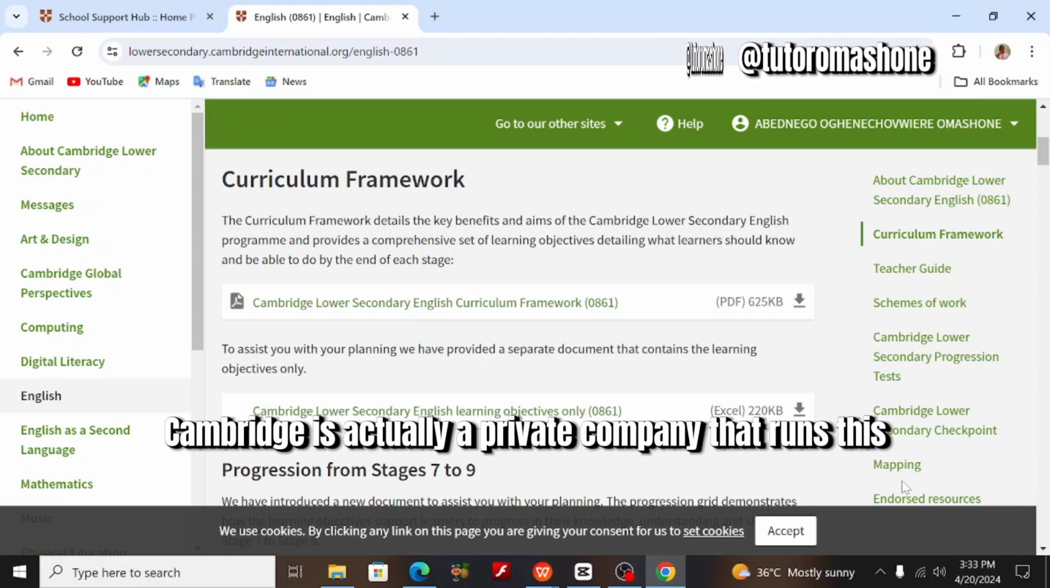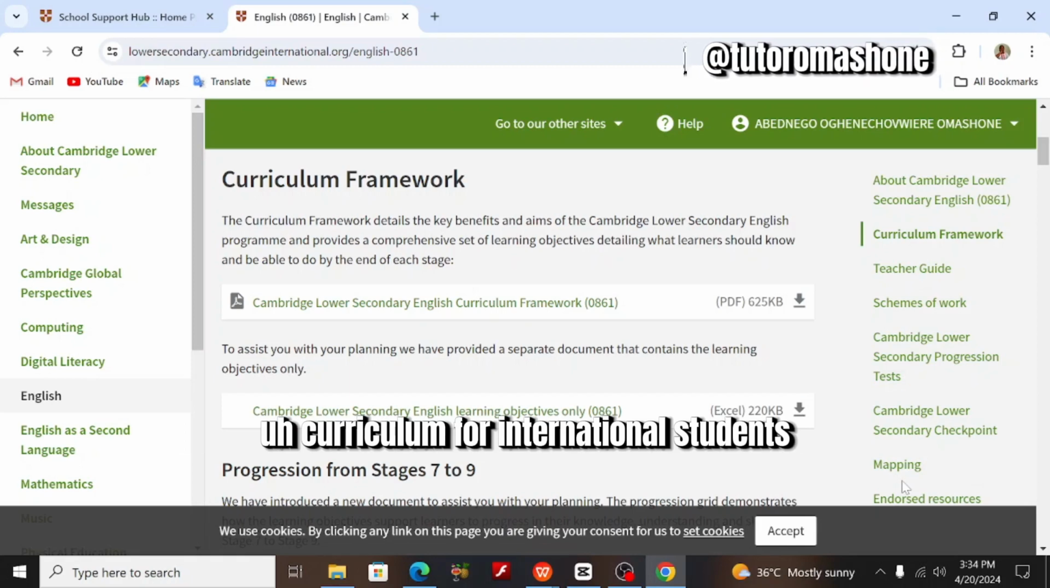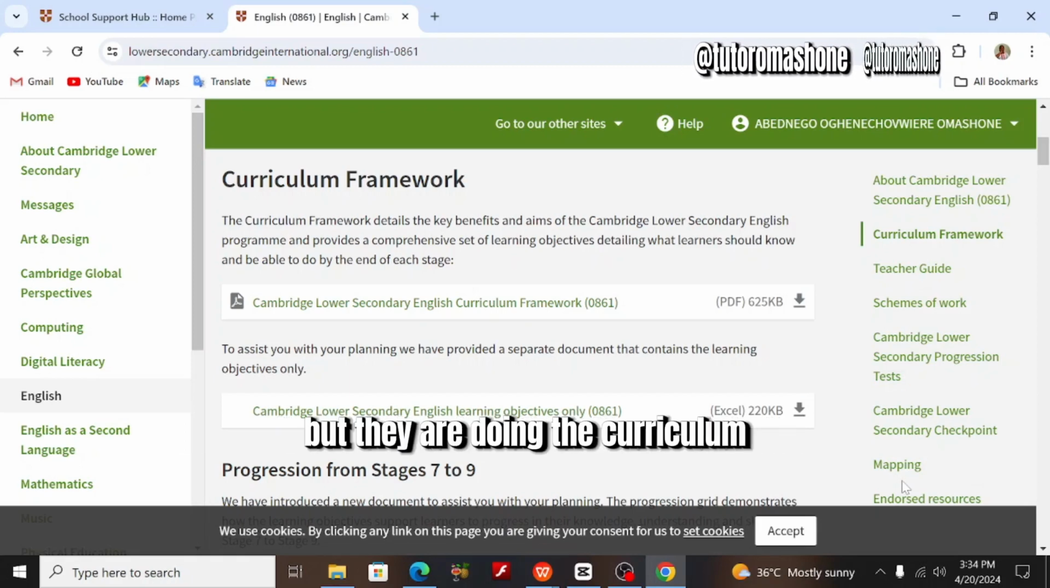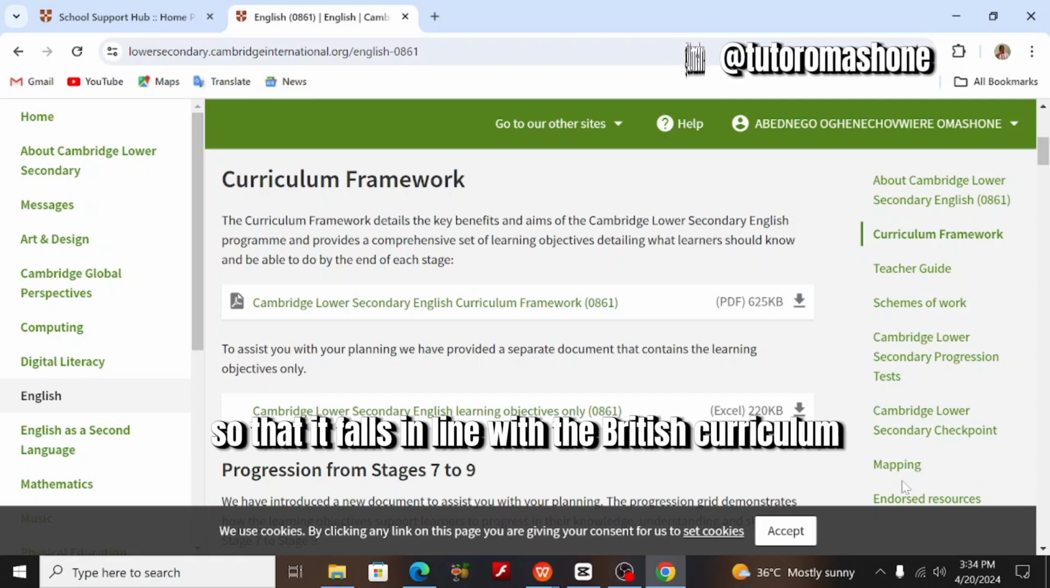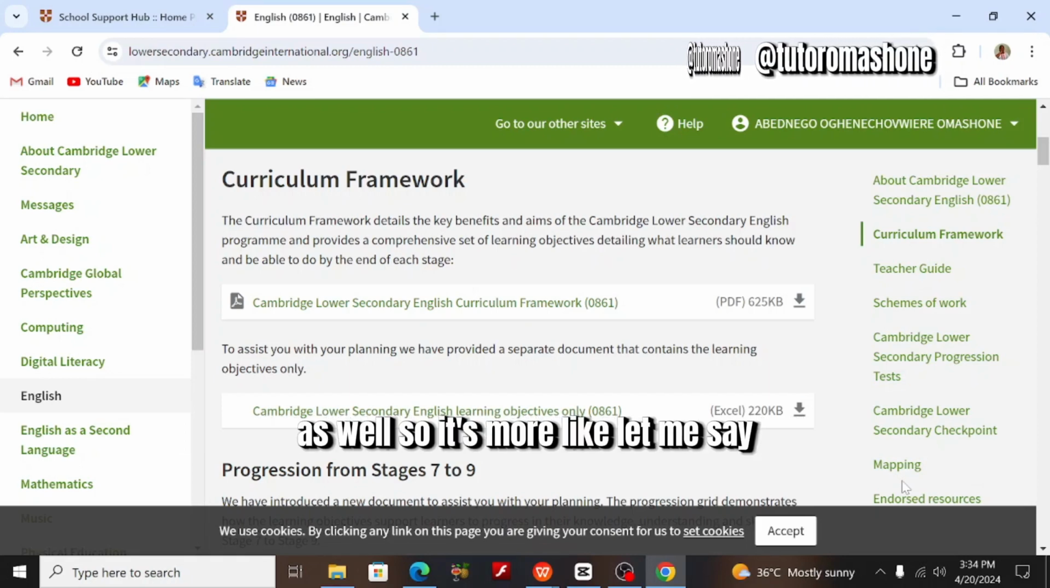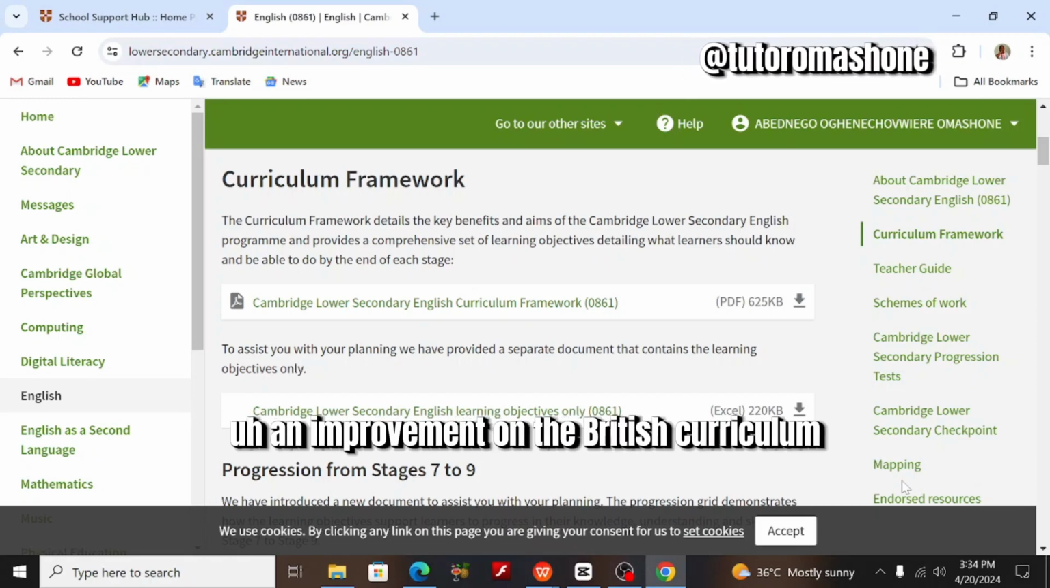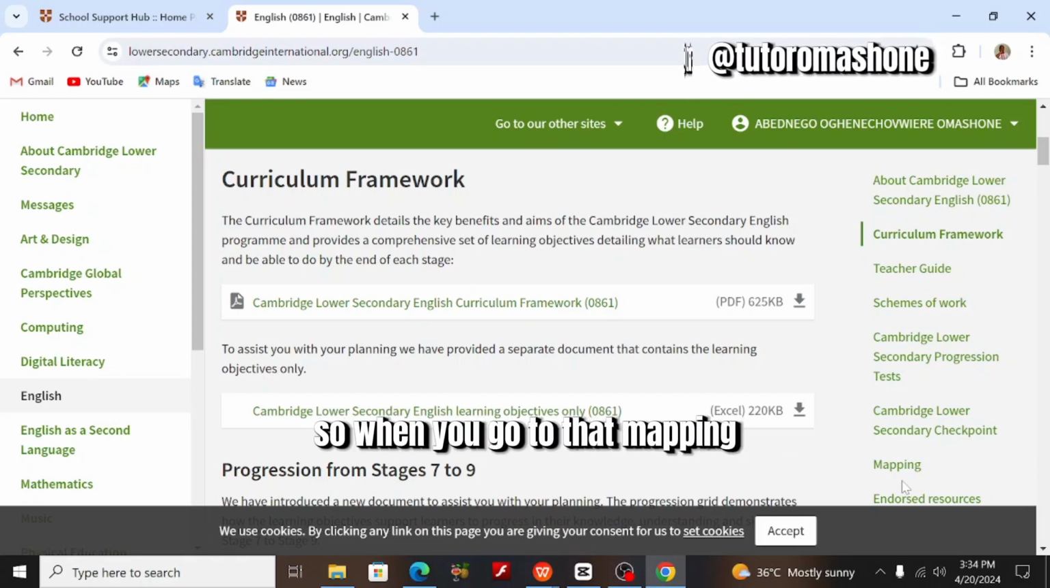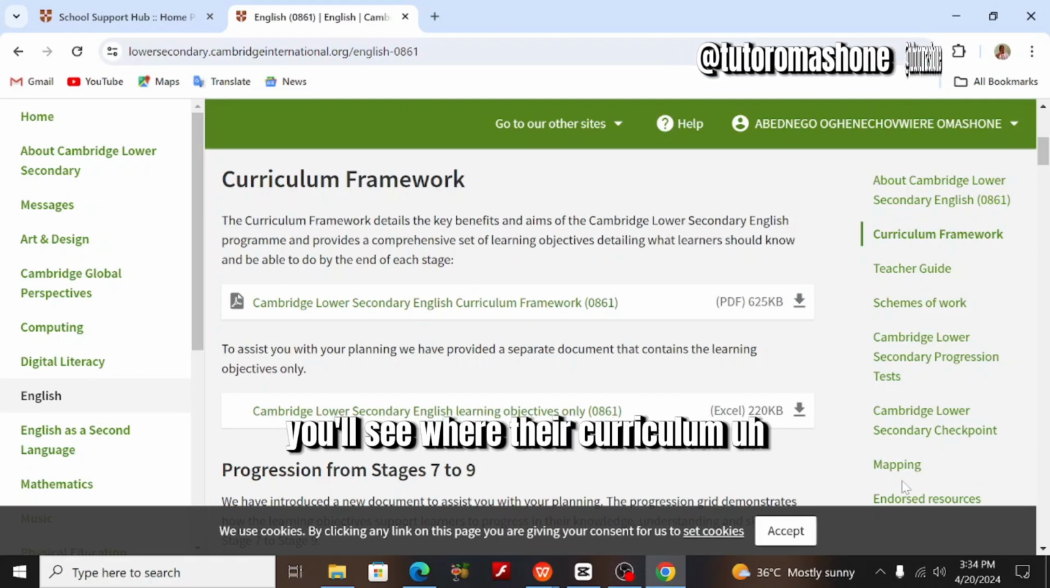You know, Cambridge is actually a private company that runs this curriculum for international students, but they are doing their curriculum so that it falls in line with the British curriculum as well. So it's more like, let me say, an improvement on the British curriculum. So when you go to that mapping, you will see where their curriculum